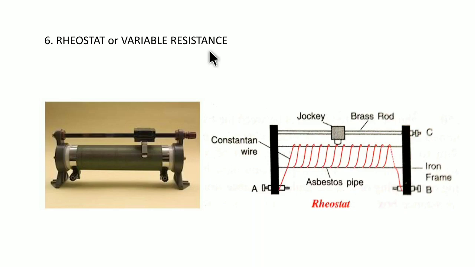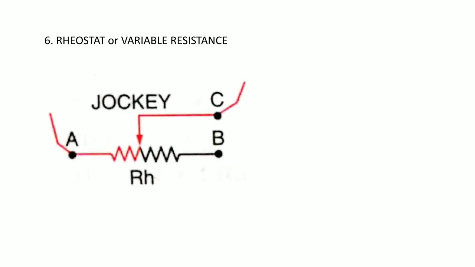So the simple symbol that can be used for a rheostat is this. Over here you have a rheostat, which means the resistance is there, marked as RH, meaning rheostat, and the current will flow through this point this way. That means a current is flowing through point A, and it passes through point C as the jockey is tapped over here, and point C conducts the current. It does not need to pass through point B, because point B is not connected over here with any wire.